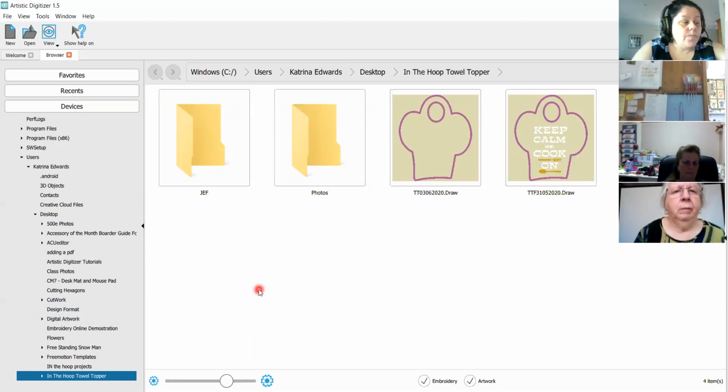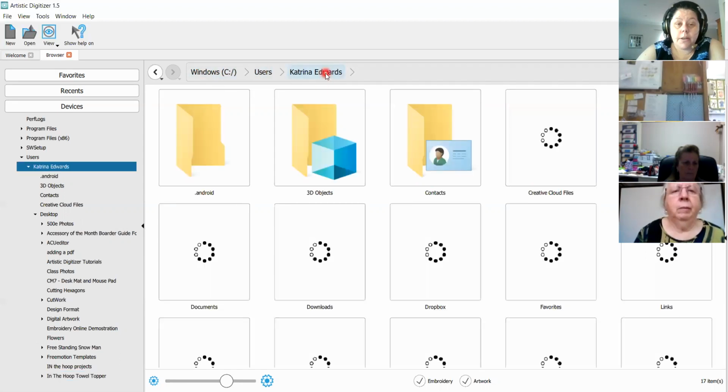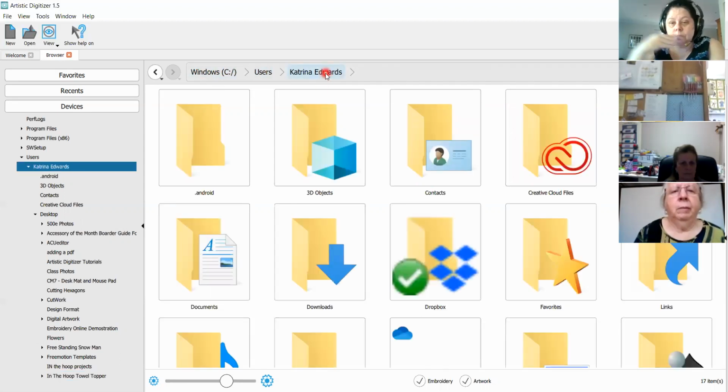Okay, so to find our built-ins, we go to our C drive, into our users, and we're going to go back to Katrina. Sorry. With our users, it will be whoever your computer is set up with. So from this one, we then go into,